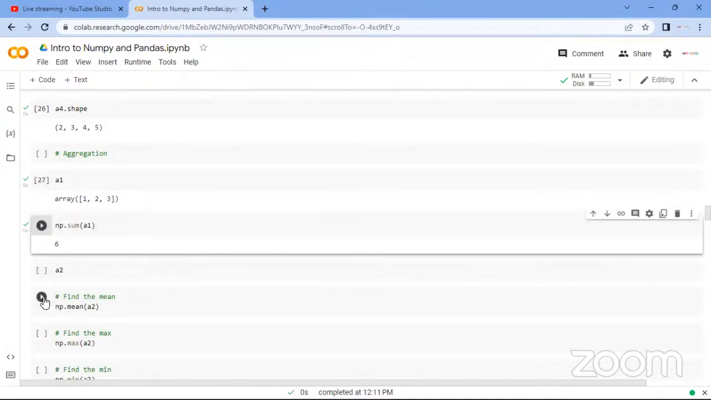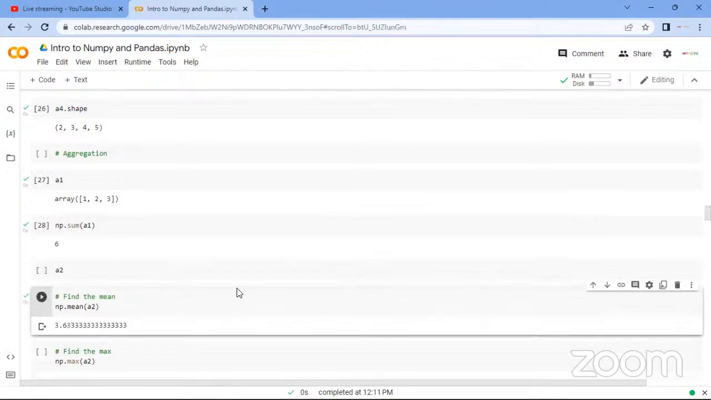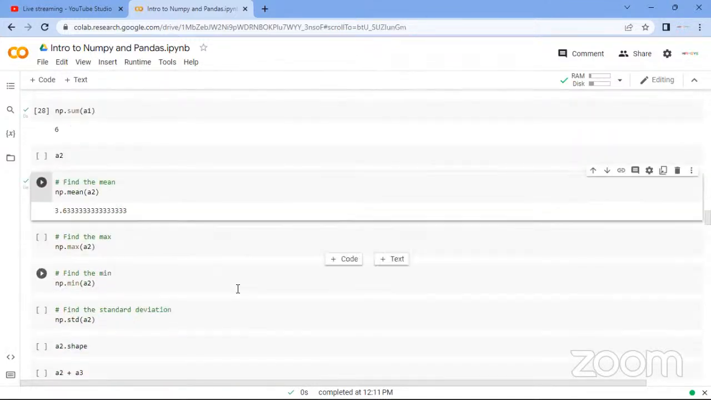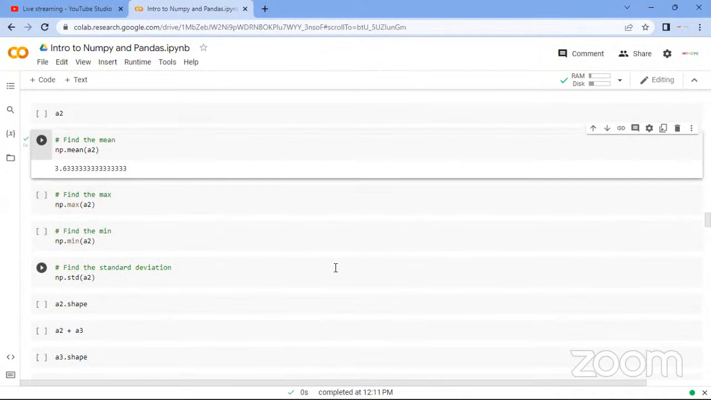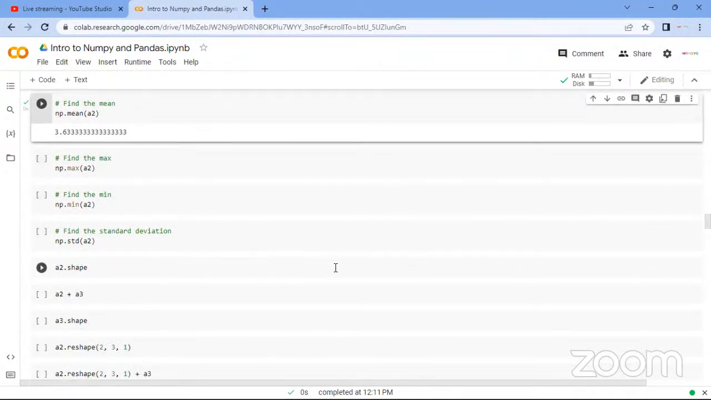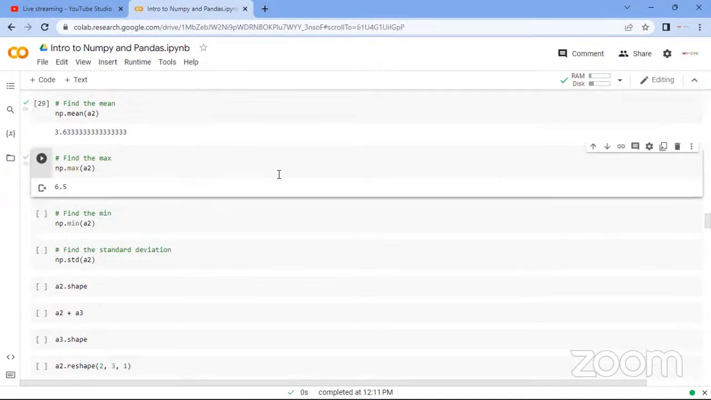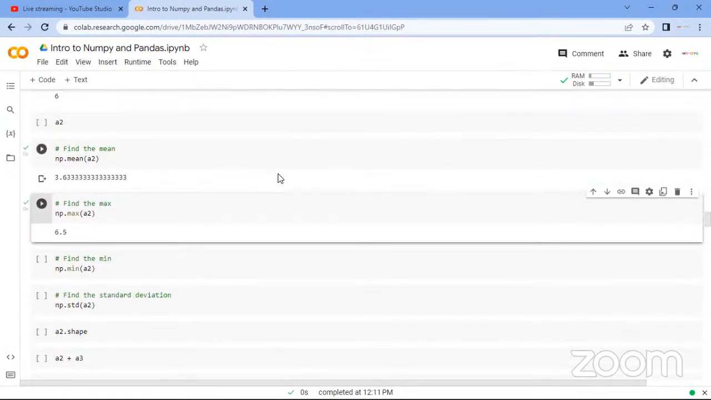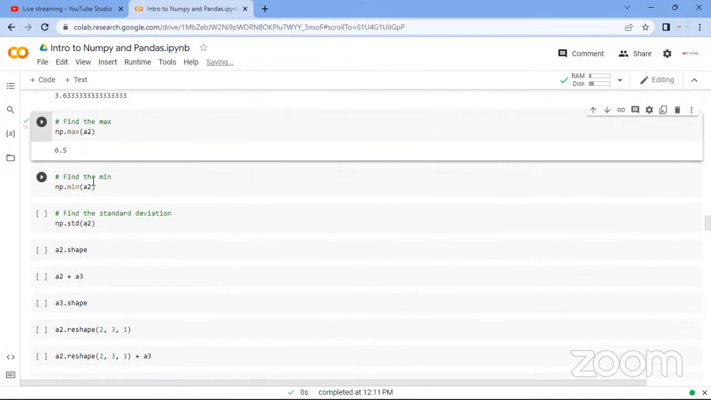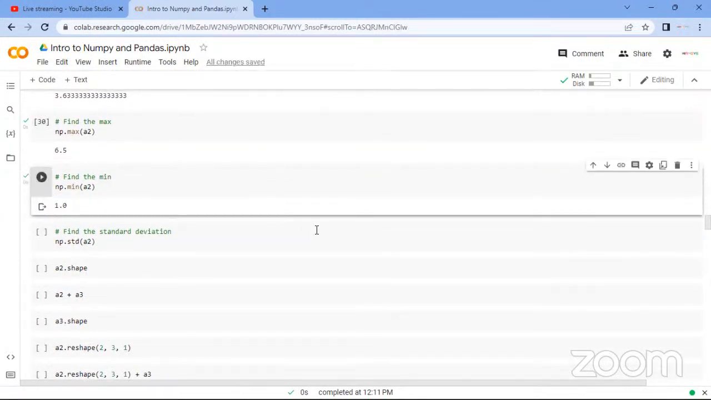You can use np.sum to get the total values in your array. There's another one for finding the mean. You can use np.mean. These are already in the NumPy documentation. You can go back if you don't understand it. So these are basic steps before we get to the nitty-gritty. To find the max value in your A2 array,